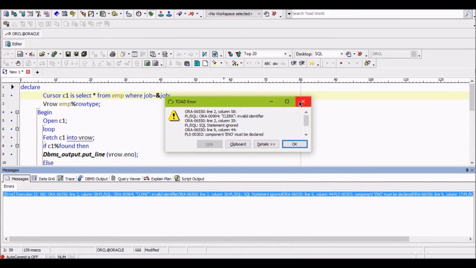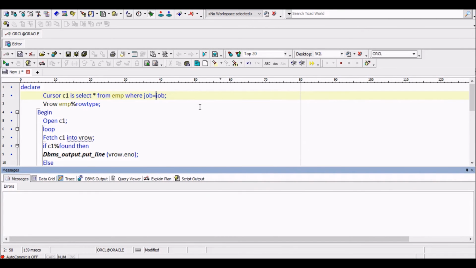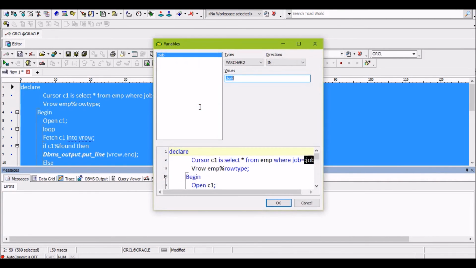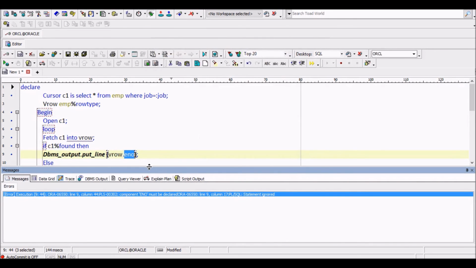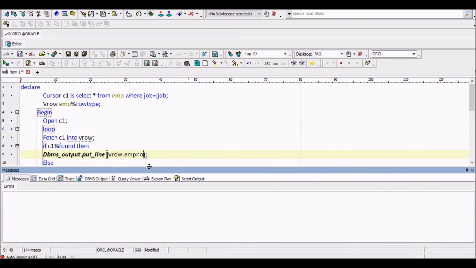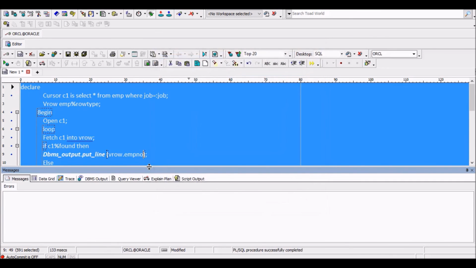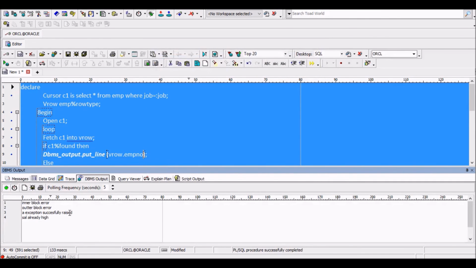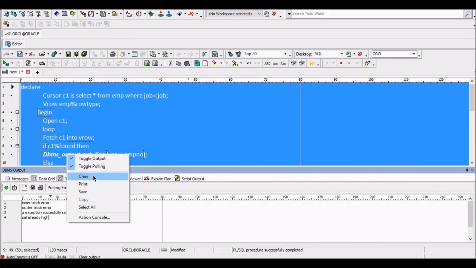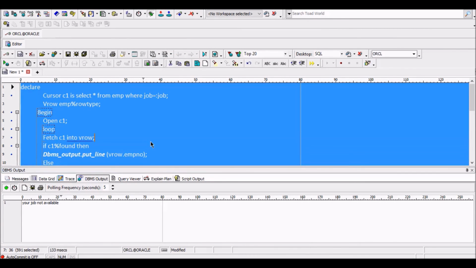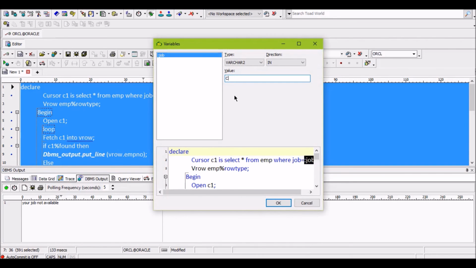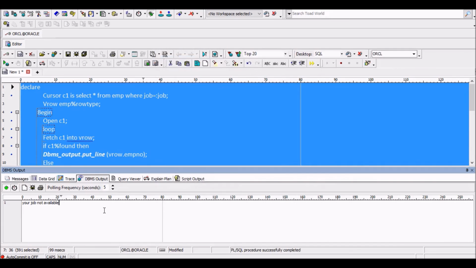Line 2. Okay, this is empno. So let us see here. See, your job is not available because see here, clerk is available, but it should be in capital letters. See now what you will get.